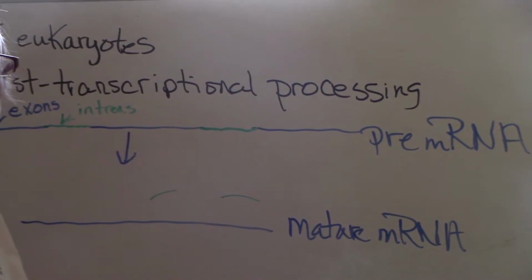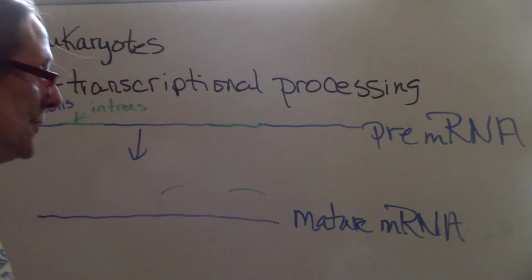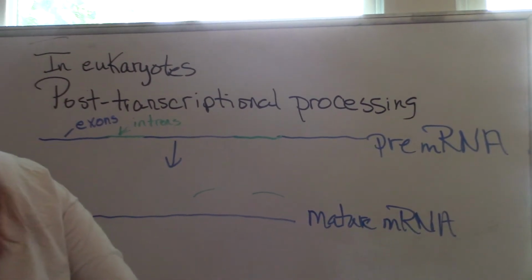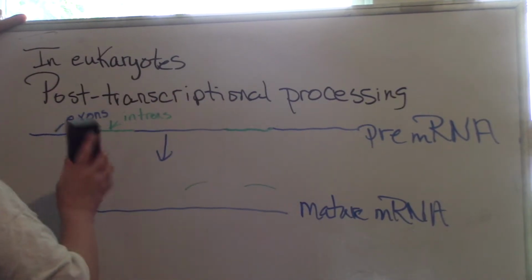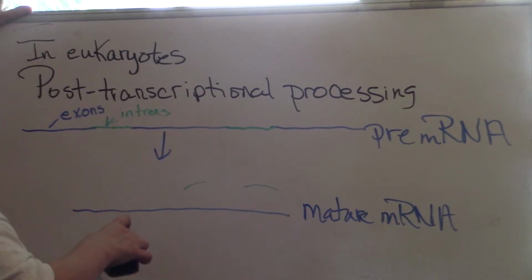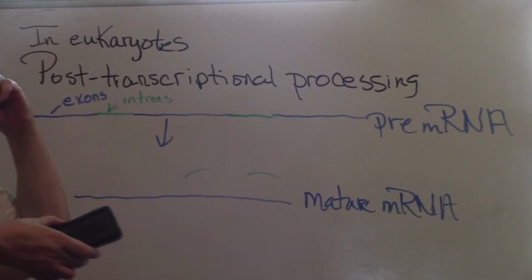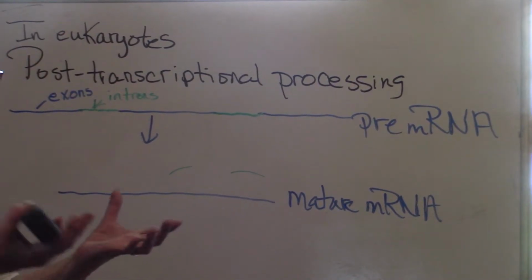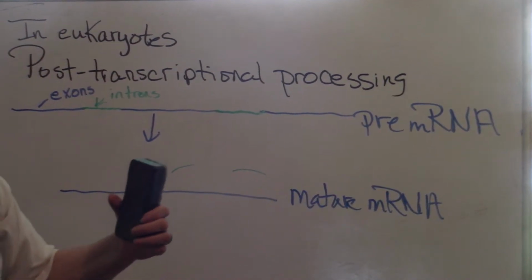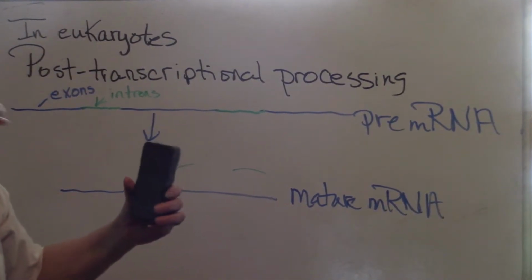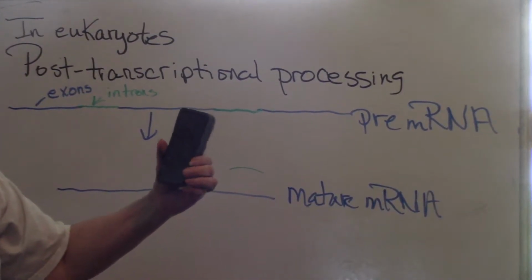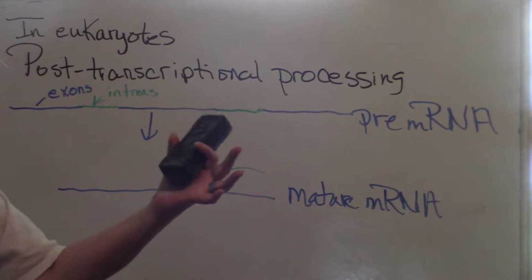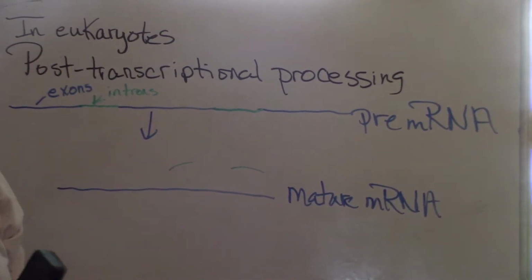There is also post-translational processing that occurs after translation. That would occur in prokaryotes as well. That's when the three-dimensional shape of the protein is made. So that long string of amino acids, the primary structure of the protein, folds and makes a 3D